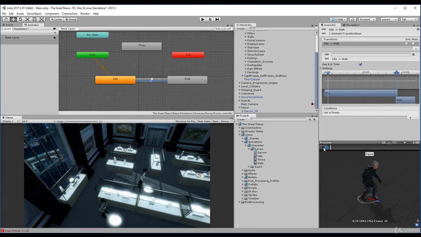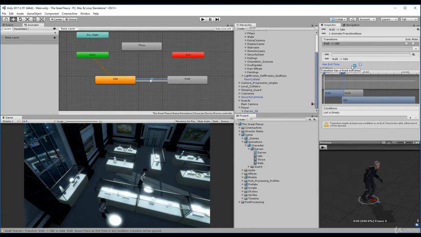We should transition from idle to walk when we actually are walking, which is when you click on a floor space, right? We want to be able to basically say, hey, let's walk. So we can use a parameter to control that walking. And we want to make sure that exit time is off so that we can instantly snap back to idle and walk. So if we select here, exit time is off. If you have an exit time, that means that the animation has to finish playing before it can go back